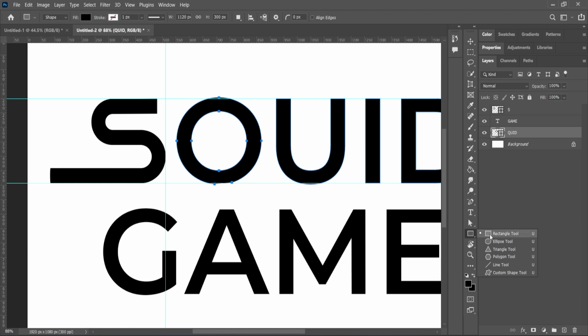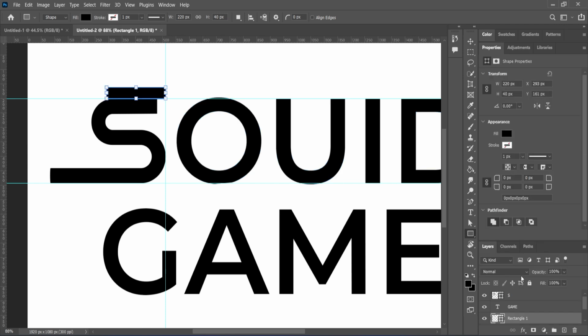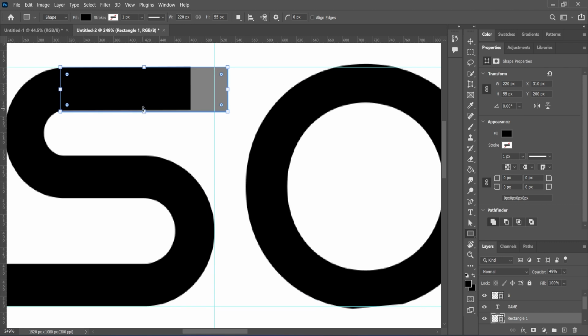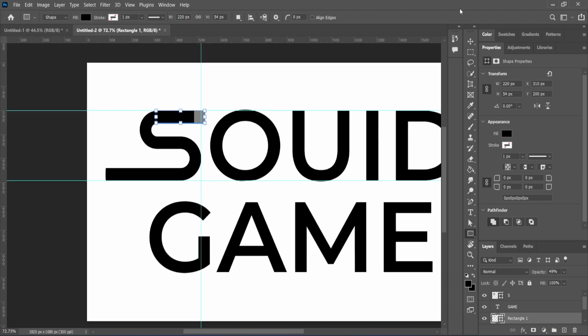shape using a rectangle tool for it to look like the U. So I'll measure the shape of the S like that, and I'll decrease the opacity over here. So compare, make sure the size is the same as the S over here. Zoom in to see it quite accurate, as you can see here. So I'll bring it